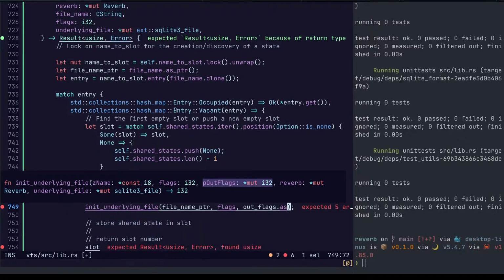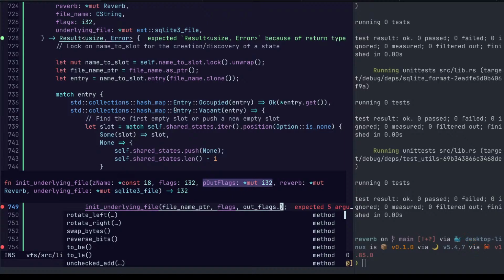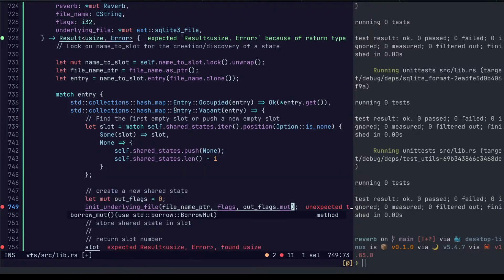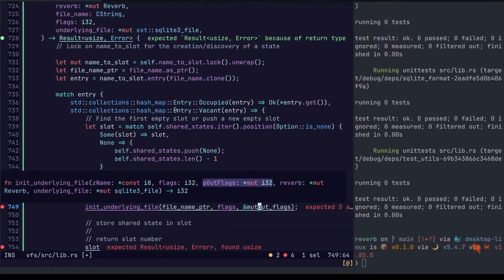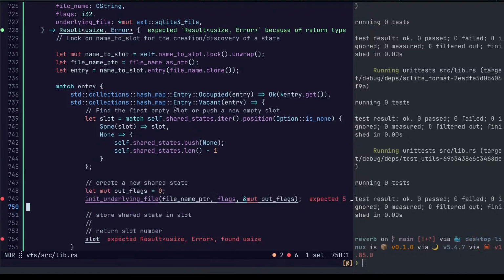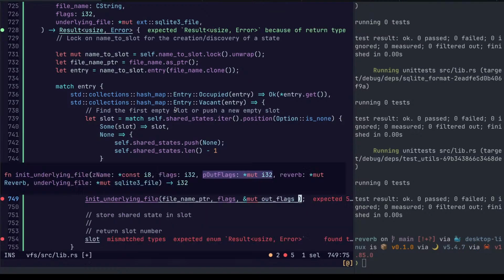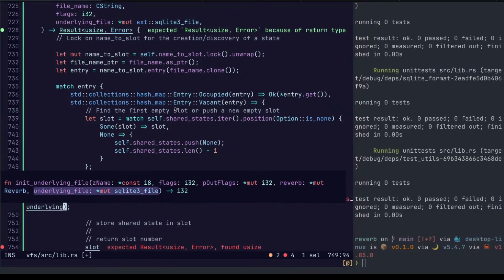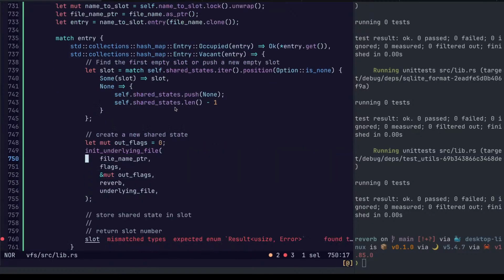As that. Oh, and mut. Save it in the underlying file. Okay.